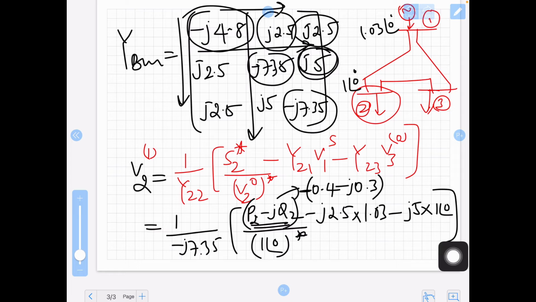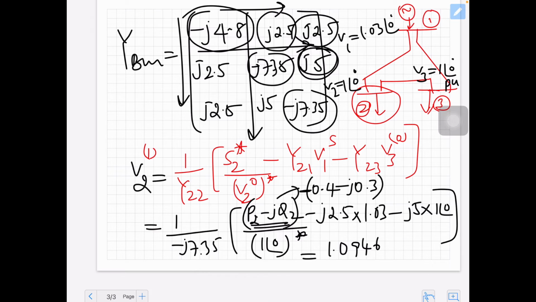Here this is V1, this is V2, and the V3 value is also not given. We have to assume this as 1 at an angle of 0. So you have to substitute and calculate all these, and you will get the final answer for V2. V2 is, you will get